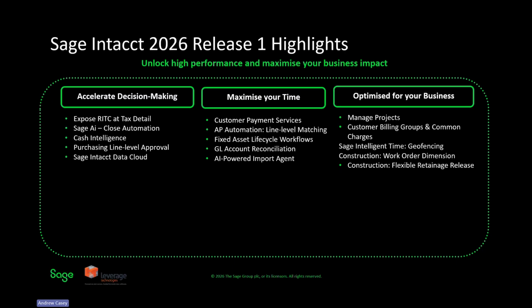With this 2026 release 1, Sage is delivering innovations that help you accelerate decision making, maximize your time, and are optimized for your business. By elevating the work of humans with AI, as David showed us, the aim is to free up finance teams from those manual repetitive tasks so you can focus on strategic, high-value work. These innovations deliver deeper visibility, faster processing, and tailored solutions that empower finance teams to move with clarity and